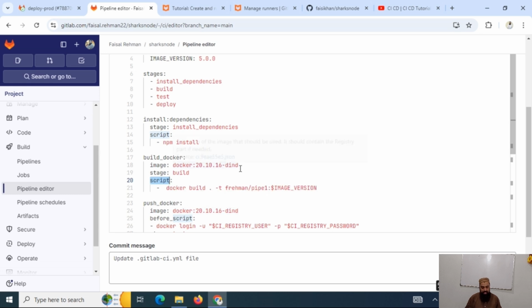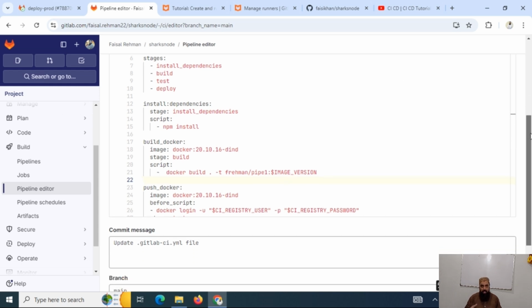We can add as many commands as we want using this syntax, and I have used the docker build command to build the image with image version as 5.0.0. We can also use GitLab variables to use dynamic releases, dynamic tags as well. But for this pipeline, I used just the hard coded